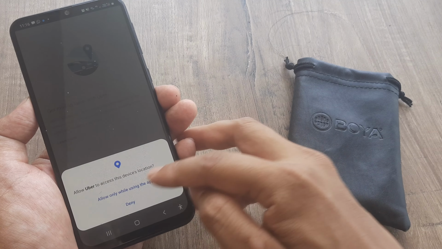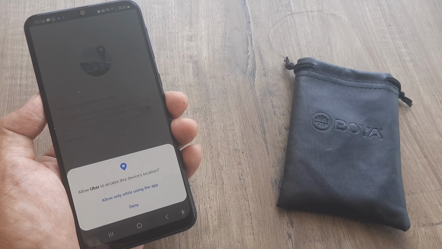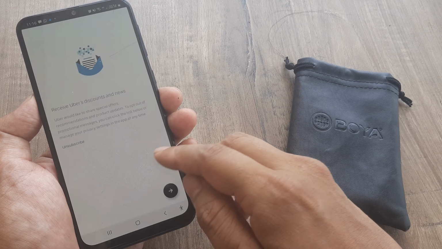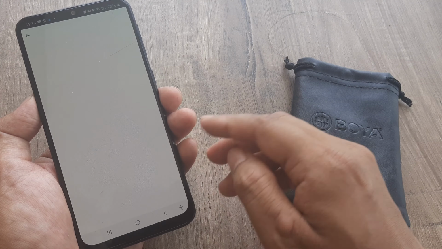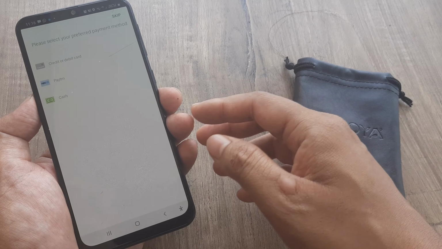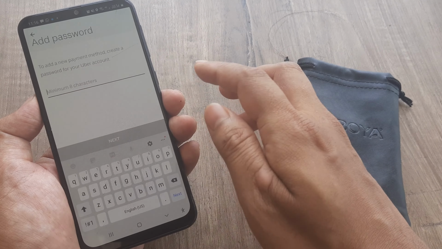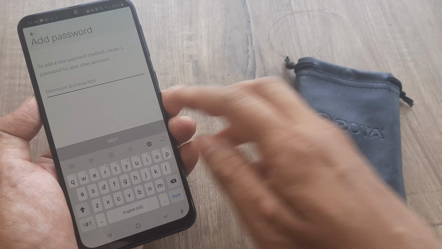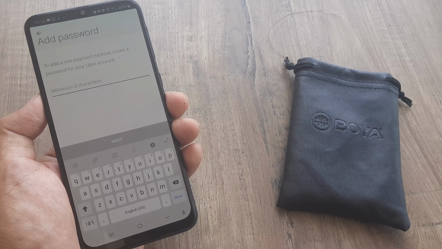get moving. And like in any other app, you have to give device permissions. So I prefer paying cash. Okay, so you need to create a password for your Uber account.